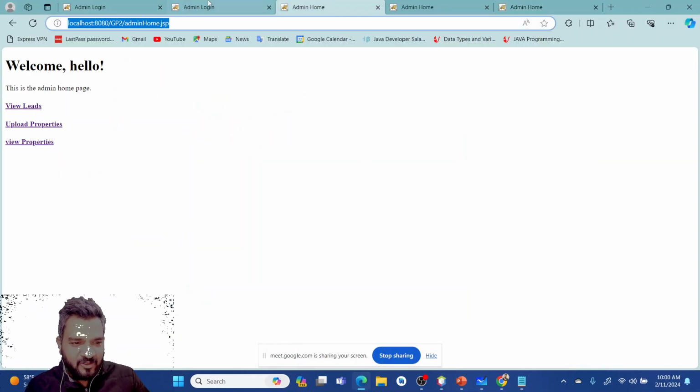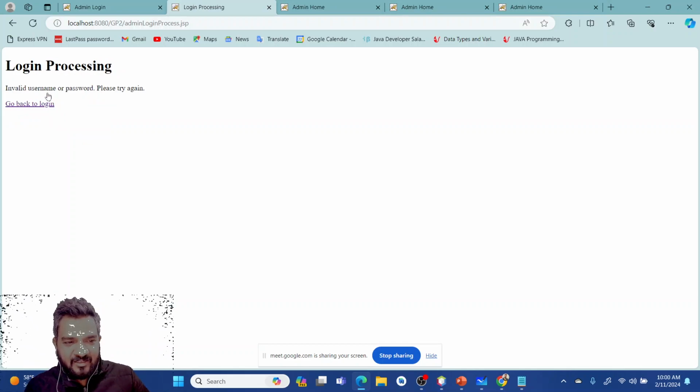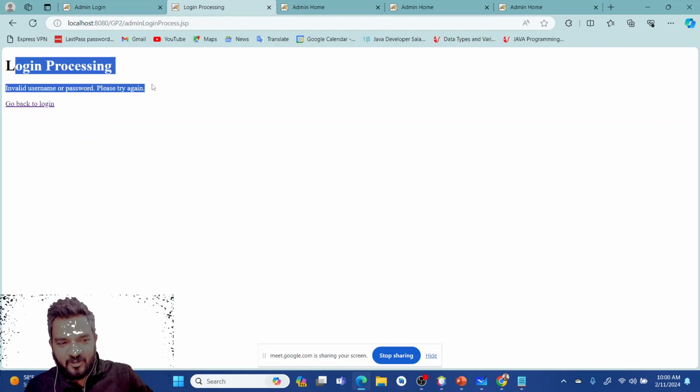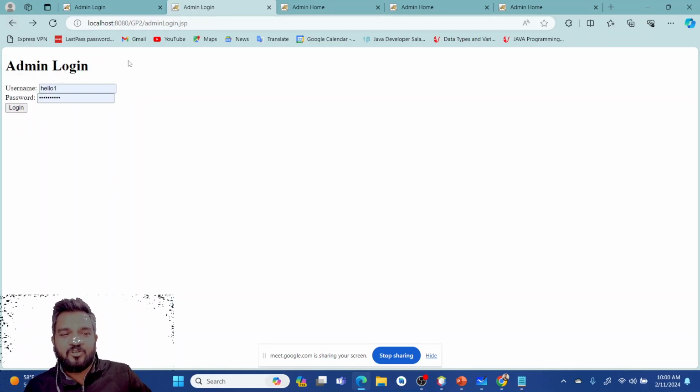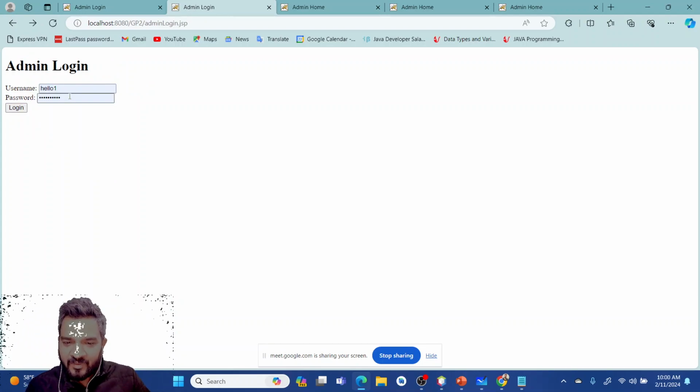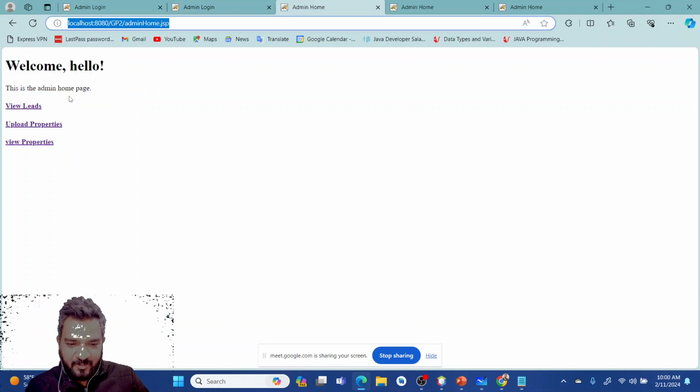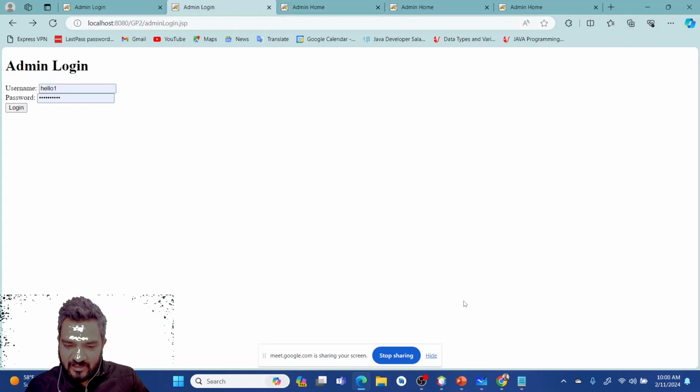Right now if the password is wrong, it is going to this page: login processing, invalid username password, please try again, go back to login. Now we are saying if the password is wrong, it should refresh over here only, it should not go onto a different page. Now let's do the clean and build.